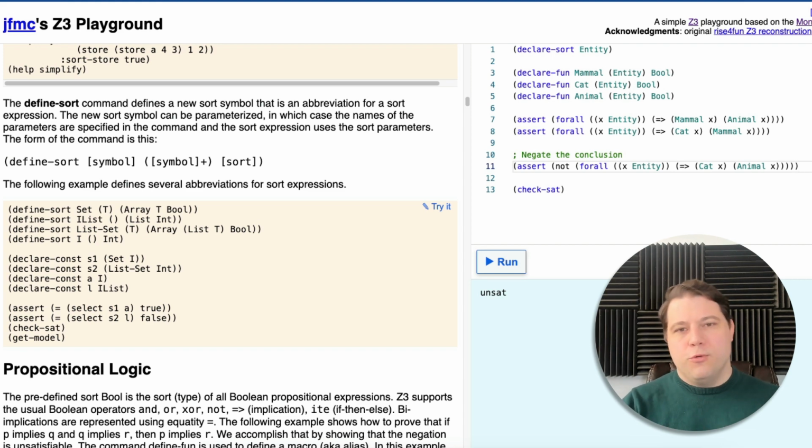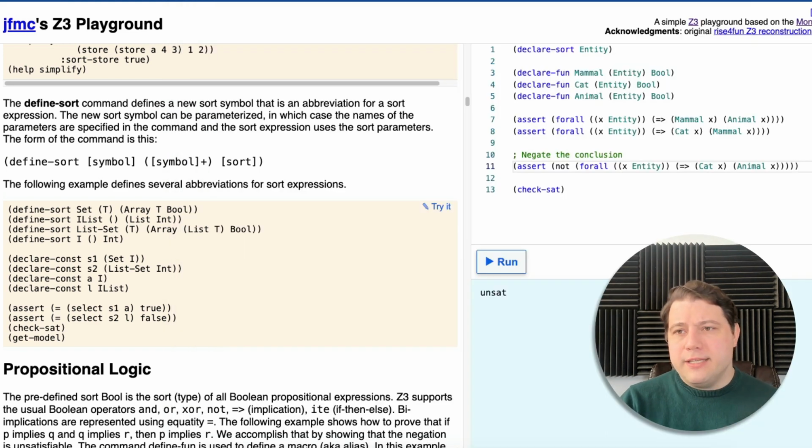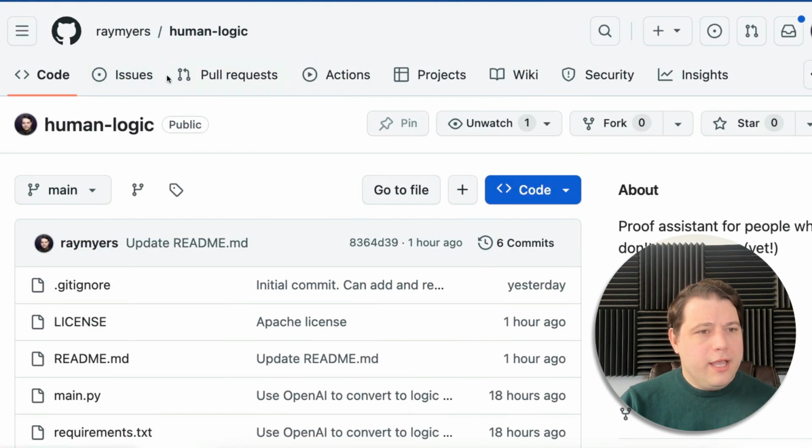So if that's the normal workflow that we want to have happen, then obviously we could have this tool just make that conversion for us, and then run Z3 for us in the appropriate way, and really be a proper interactive prover. Nonetheless, if you want to play around with this as it is, it's in a little repo called